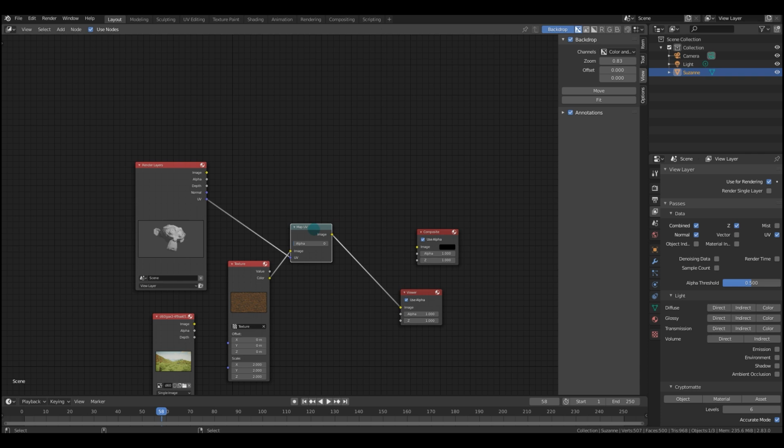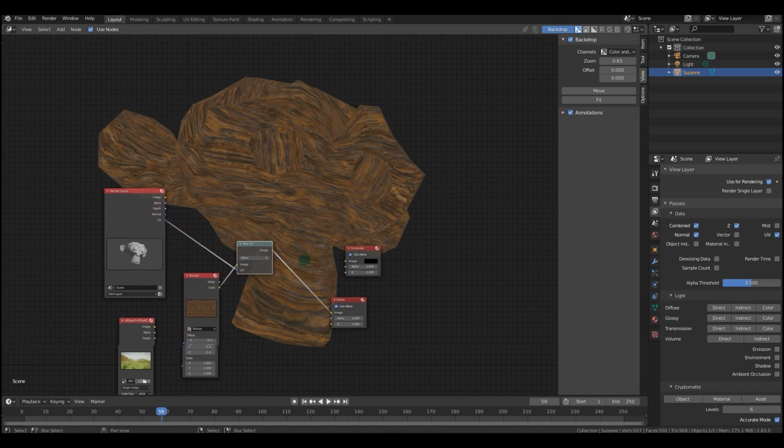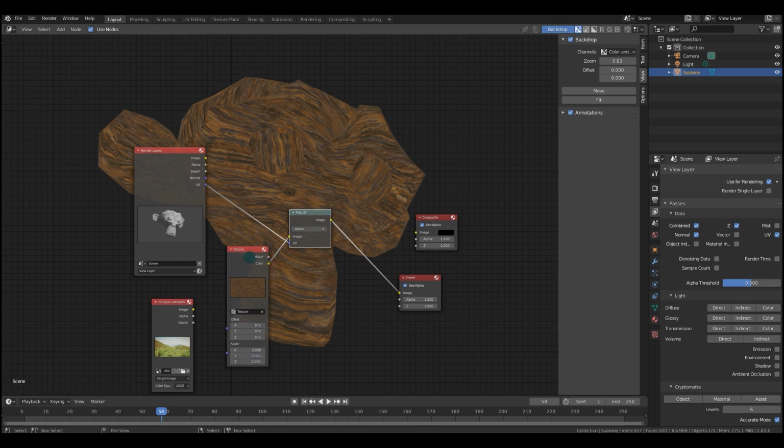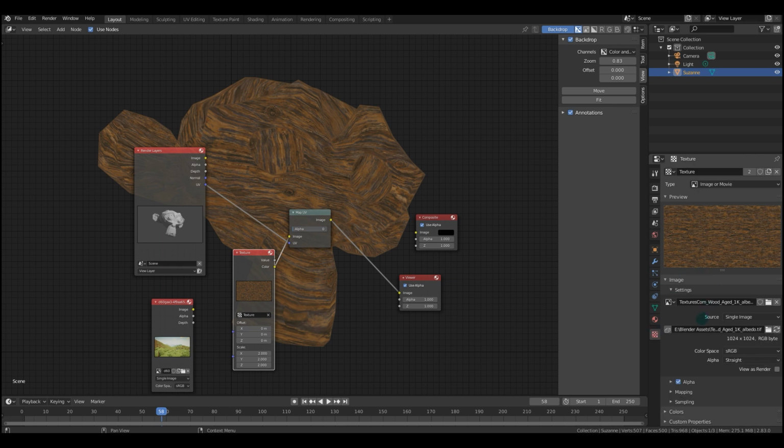Great. We can preview what that looks like if you want to. Wow, that looks incredible. However, make sure that your scale is right. You can offset, you can scale. You can do all those typical alterations. Anything that you can do to a texture, you can do to this texture.